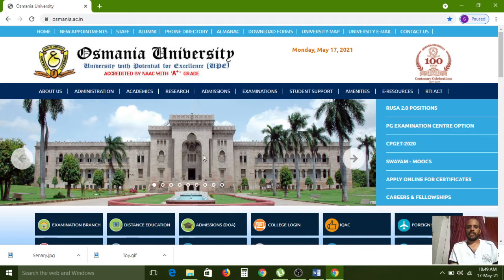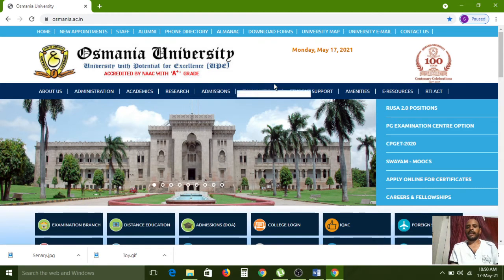So this image is loaded at where? In the Osmania University website. So automatically the user can think: what is that? This image is loaded in this website, so that means this is the complete Osmania University building image.